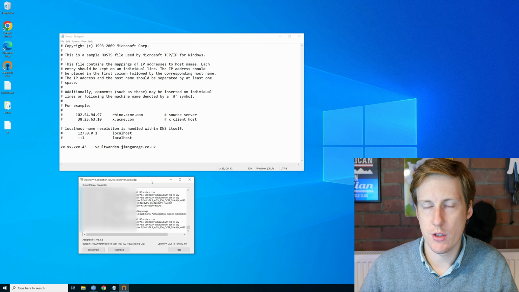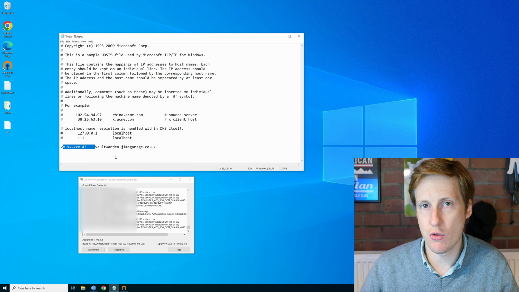Now if I head into my hosts file, and this doesn't have to be your hosts file, this could be your DNS resolver, so something like PiHole, and if I put in a custom record that says my external IP and the service I want to access. So for this instance, I use Vaultwarden in my home lab and it's restricted internally. But if I use the default Traefik setup that is in most videos, that's going to be accessible to the internet. So the only real barrier you have to accessing somebody else's Vaultwarden in that situation is just to know